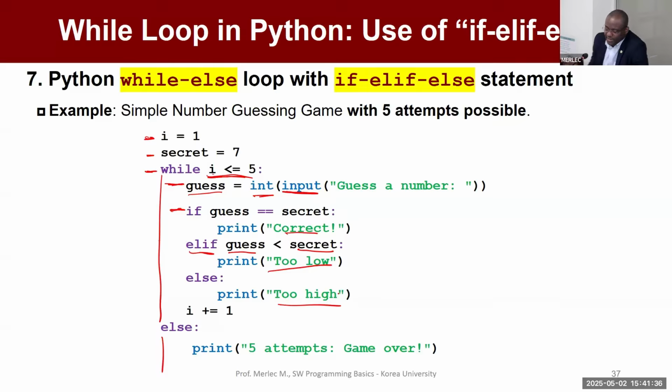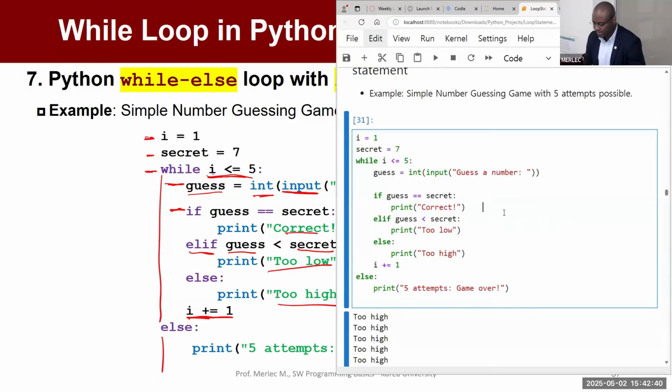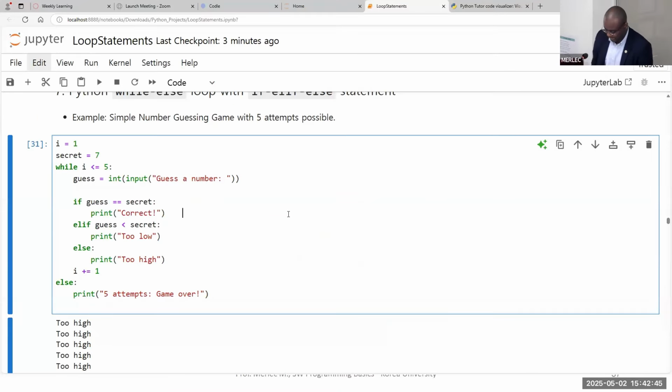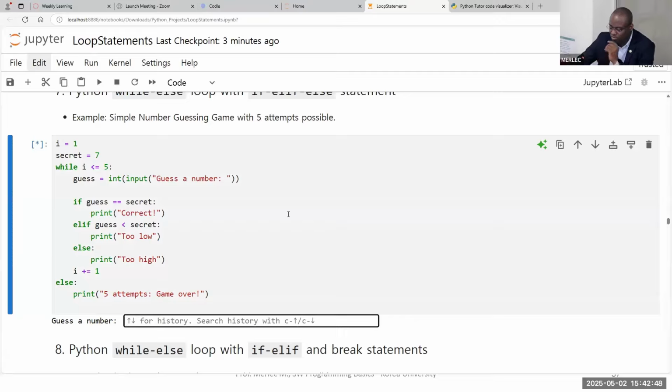Then, to iterate, do not forget this one. I need to increment the value of the variable that will be iterating to go to the next step. I hope the explanation is clear. So here is the script I've explained. When I run this, look, it asks me to provide